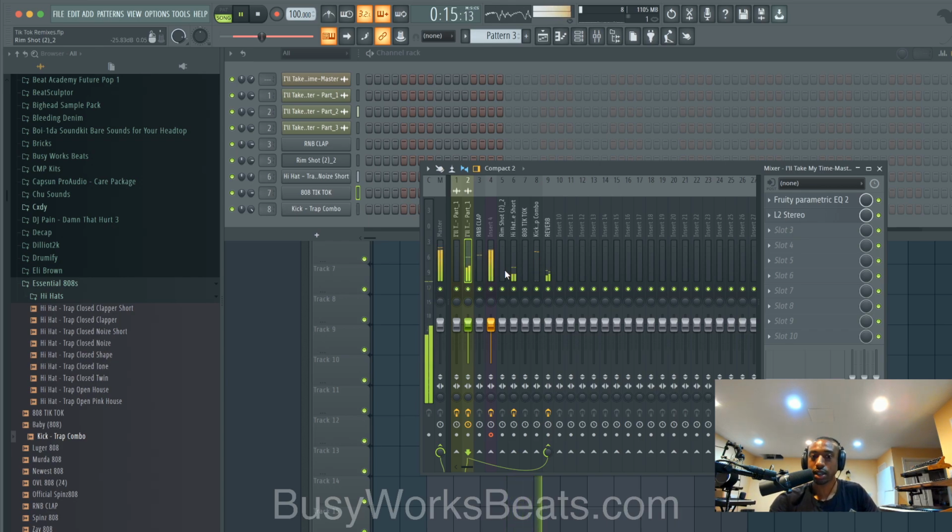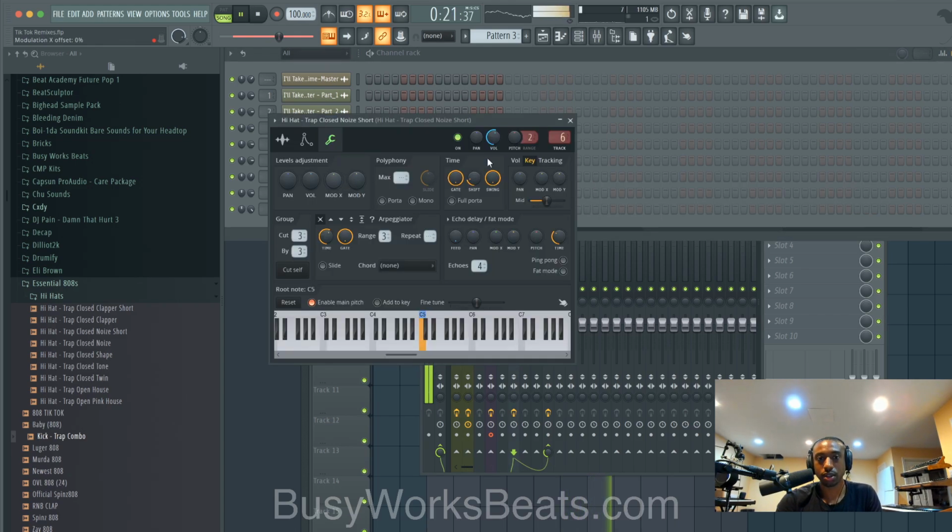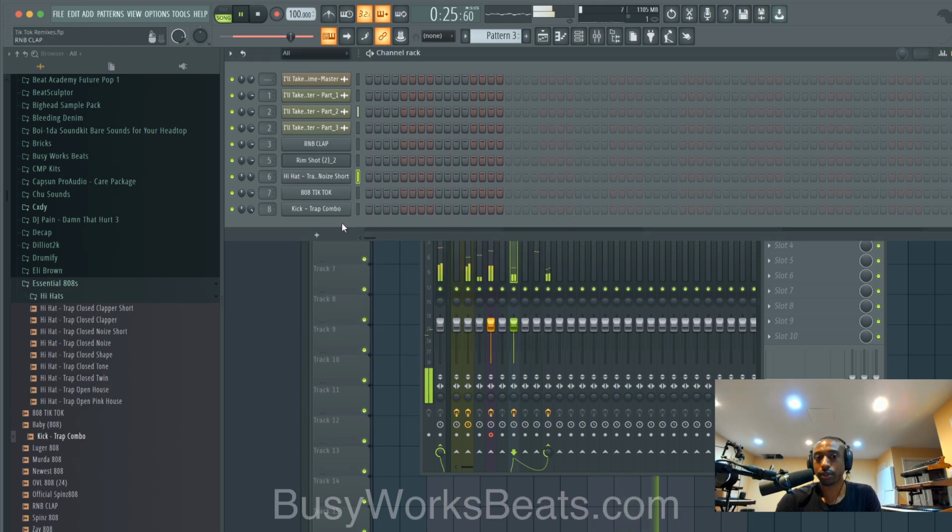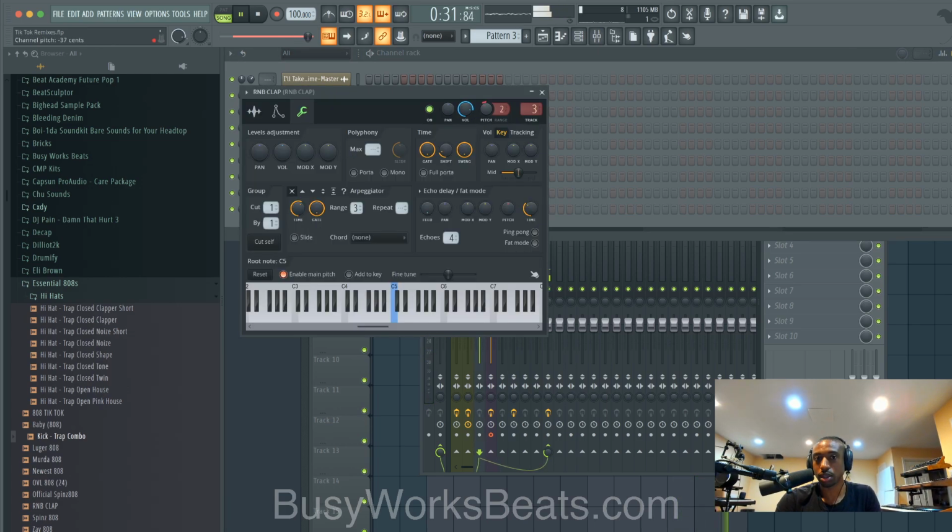So now you don't have their snare competing with your snare. The hi-hat needs to be pitched down. Again, the goal is to make your track feel slowed down too. We could even pitch down the claps.